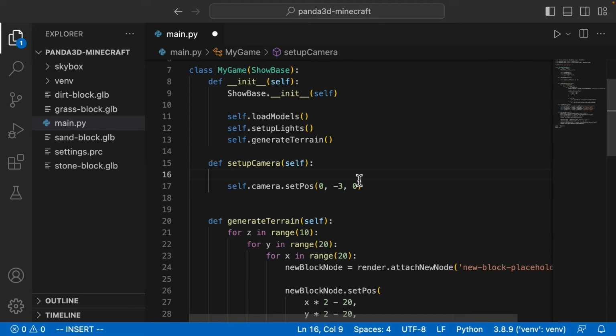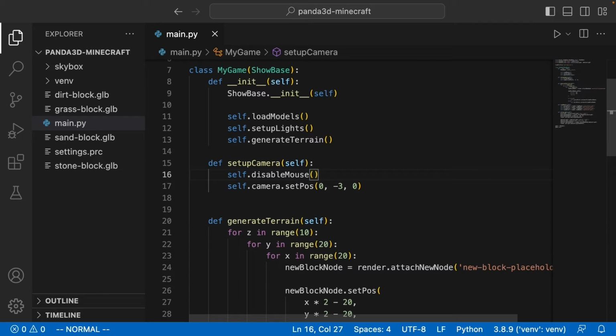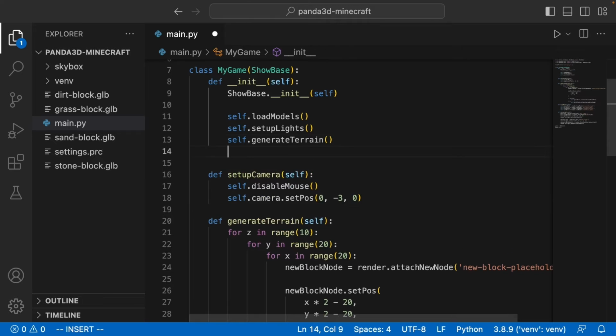In order to disable the default controls, all you need to do is say self.disableMouse. And even though this method sounds like it's completely getting rid of all mouse functionality in the game, it's not. It's just turning off Panda3D's default mouse navigation functionality. All right, so let's run our game again. And by the way, you'll need to also call